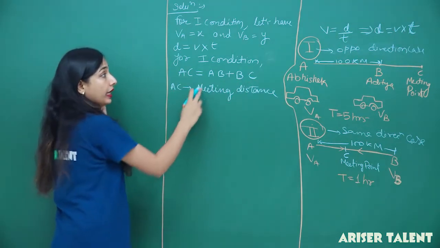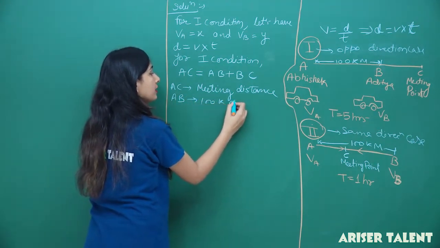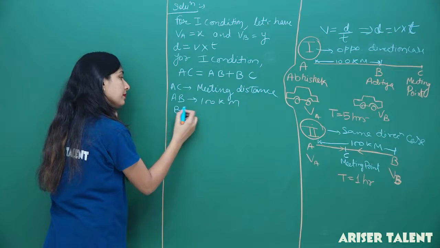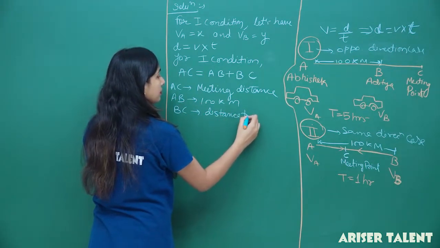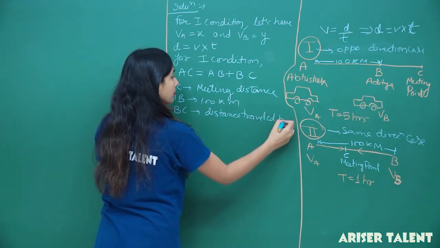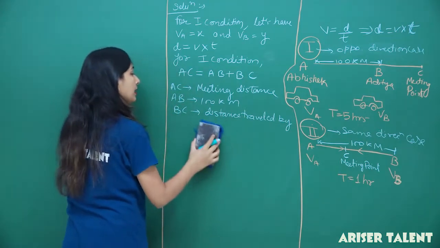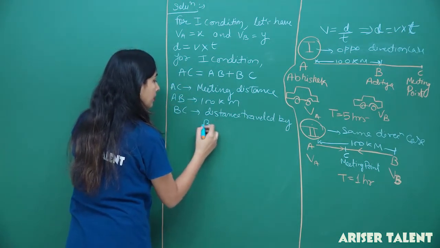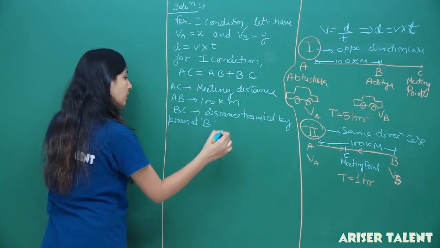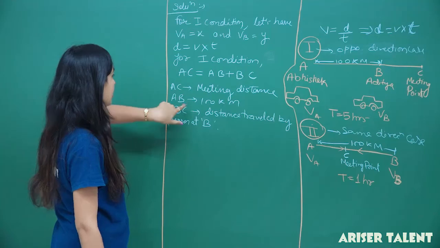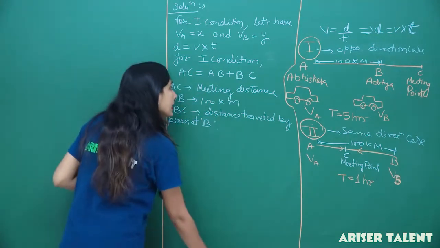Now, AB is 100 kilometers, and BC is the distance travelled by the person at B, in our case Aditya. And AC, the meeting distance, is also equal to